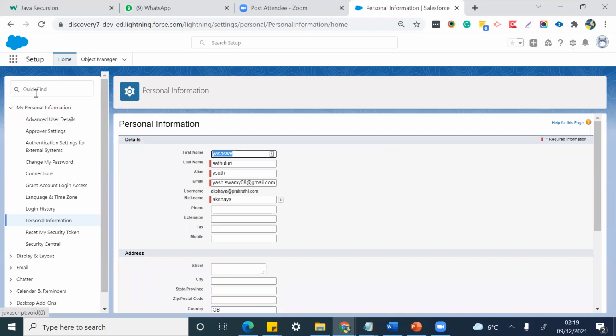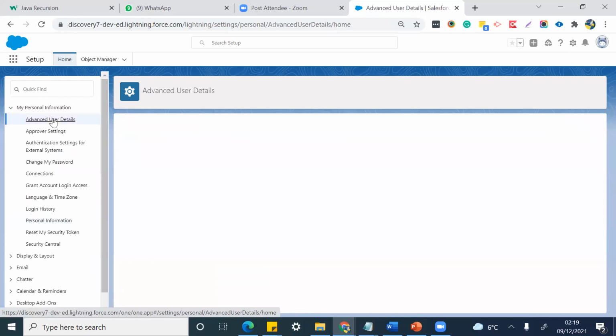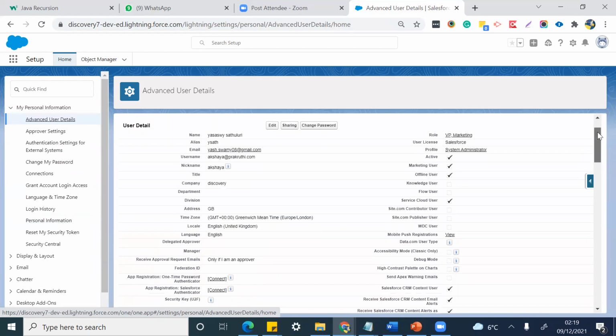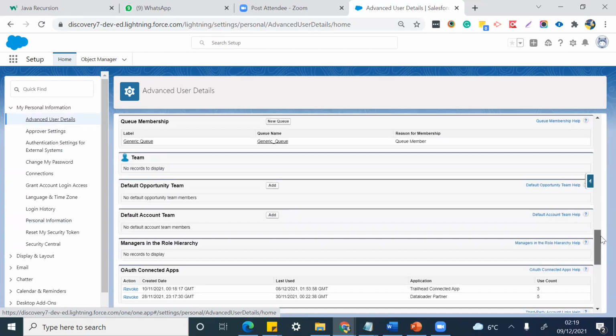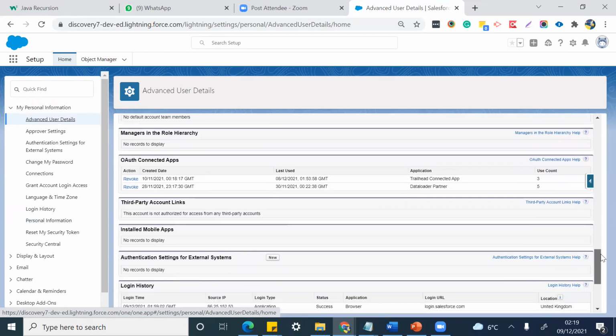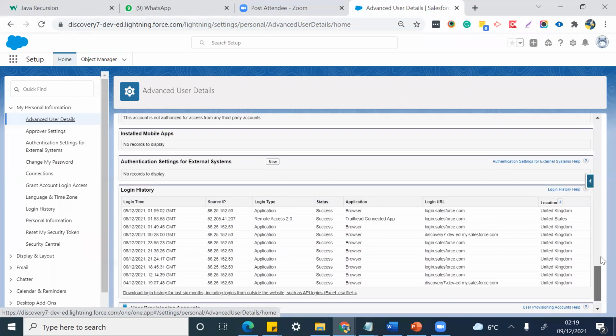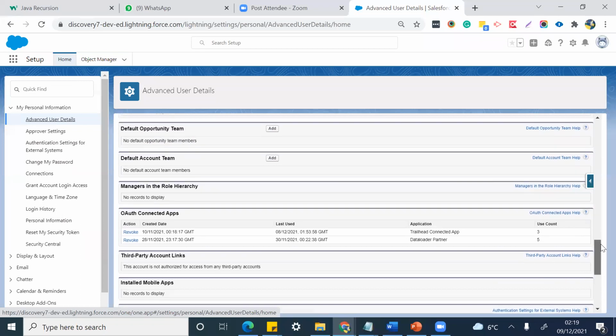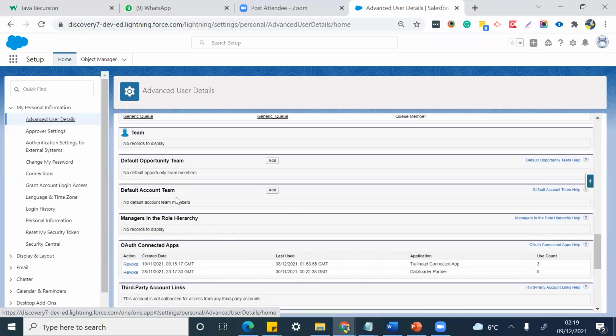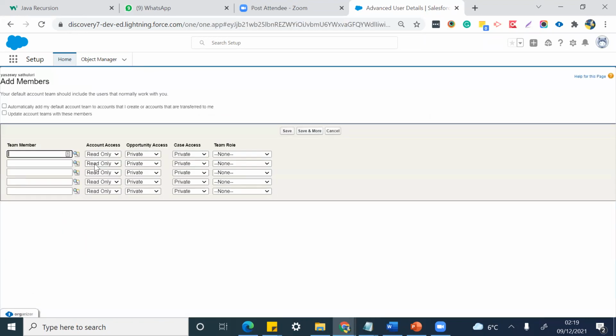Otherwise, if you don't find it, type in the quick find. We'll find that in the related list. See, default account team. Click on add and add the people you want to add.